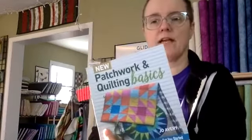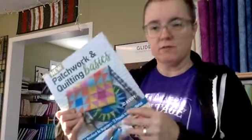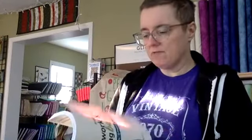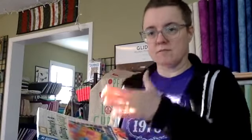Lots of new quilters showing up in the shop and wanting to increase their skills. So I was able to get this new Patchwork and Quilting Basics. If you have a new quilter or you are a new quilter, get that on your list. I think that's $26. I thought it was really nice because it went through the basics to start, and there's a nice progression of projects in the book. So it starts with simple squares and then squares of varying sizes, and then once you've got your squares under your belt,